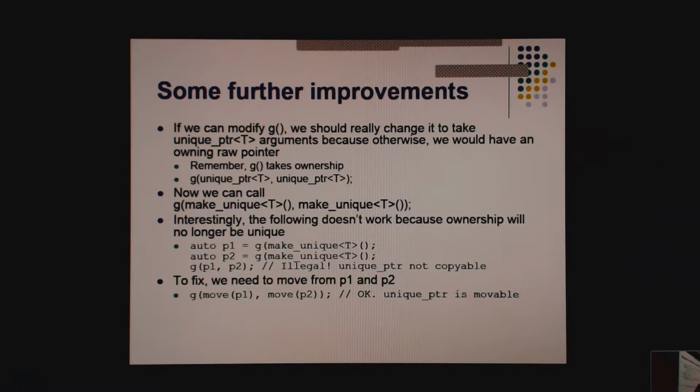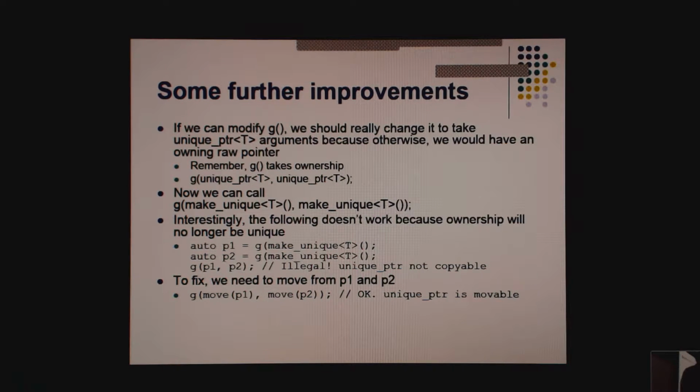But if I stored P1 and P2, the unique pointers, and then I said G of P1 comma P2, well, then G would have unique ownership of the objects, and P1 and P2 would also have unique ownership of the objects, and then it's not so unique anymore, right?